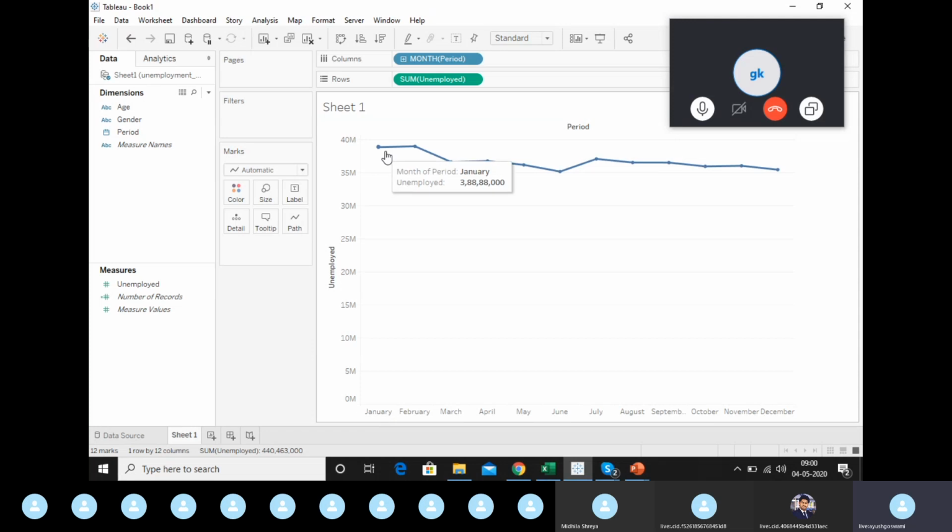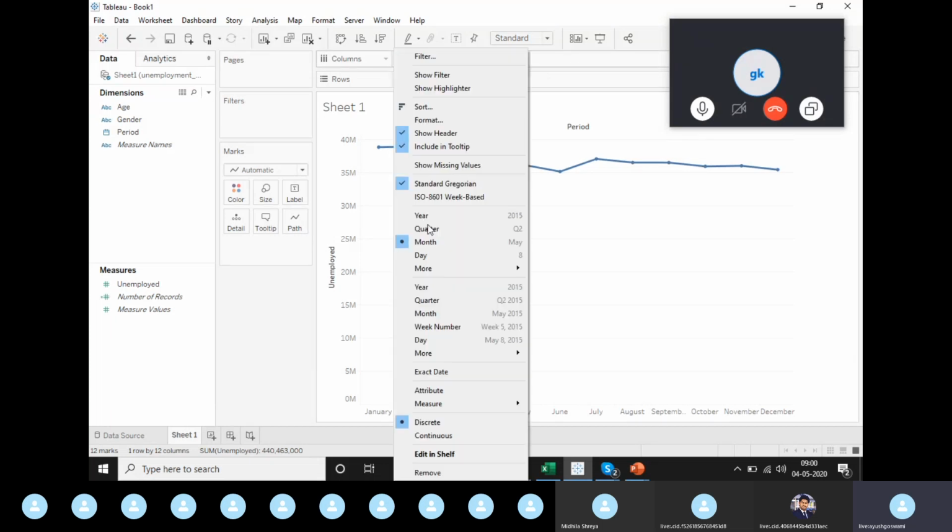It will just add a sum here. It takes the values of all the Januaries present in our data set and makes the sum here. So this is for the first month option.